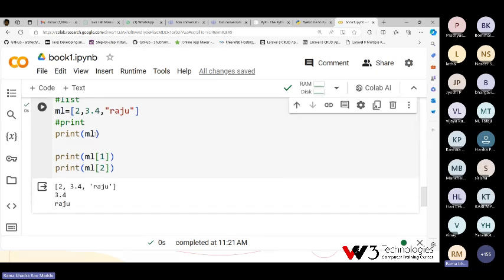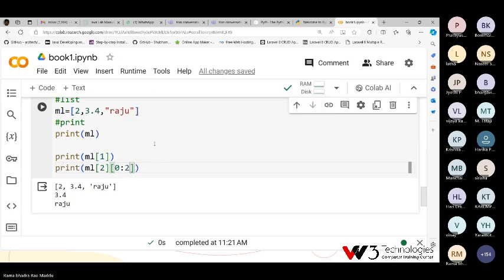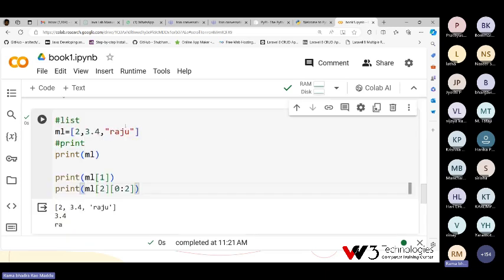If you want to print only the first two characters, you can use slicing, 0 to 2, on the string at the second location. It will print RA. So it is possible in Python.